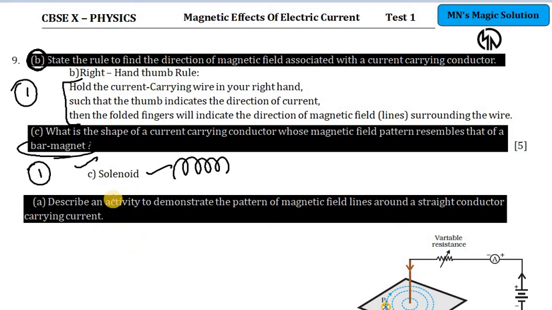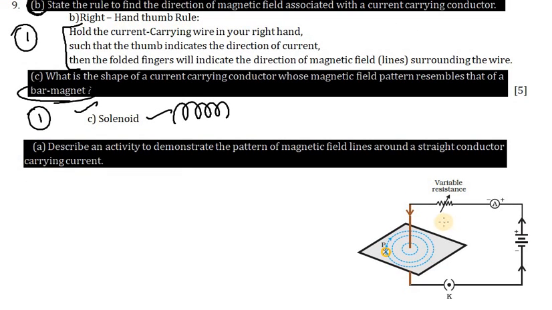And the last question, describe an activity to demonstrate pattern of magnetic field lines. So this activity is there in your textbook. So XY is the conductor and you are passing current through it. And adukku vertical ah irukra adoda horizontal plane la I am placing a cardboard with a small hole in it. Now I sprinkle small iron particles on the cardboard. So initially edhum change irukadu, switch off la irukumbodhu. Now when you switch on and start tapping from beneath lightly, what will happen to the iron fillings? They'll all get organized, concentric circles are organized agum.